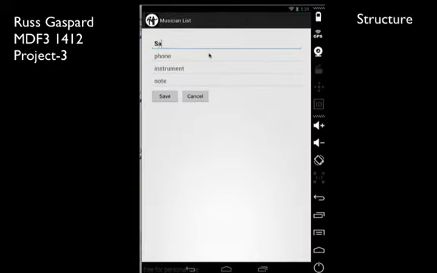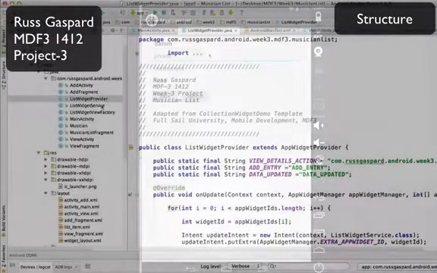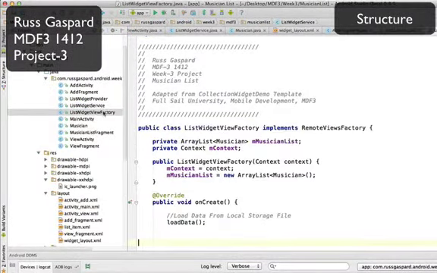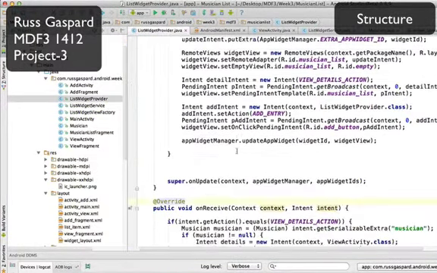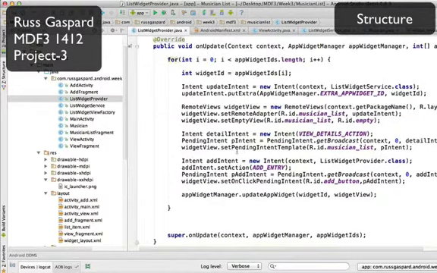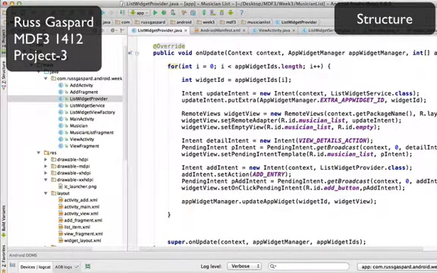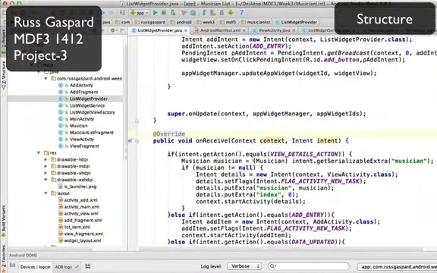I did use the widget provider, widget service, and widget factory. I started with the example that I downloaded from FSO as a template, but pretty much ended up gutting the nuts and bolts of these things to make them work custom for my app. So I do have pending intents. I'm setting up to launch the different views from the widget,